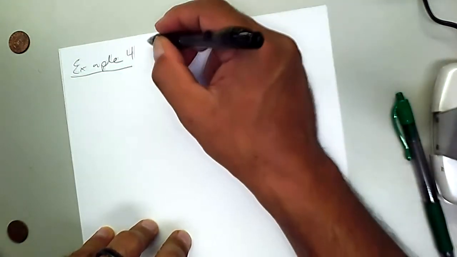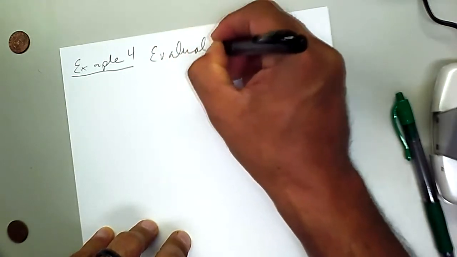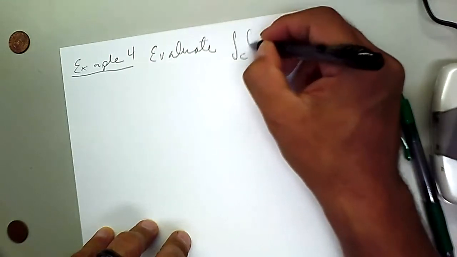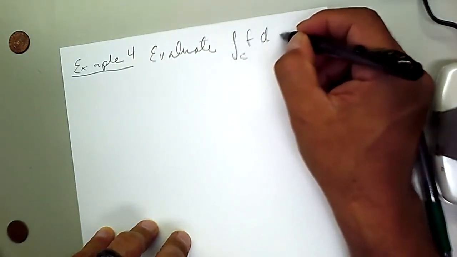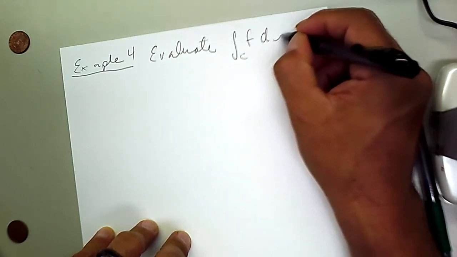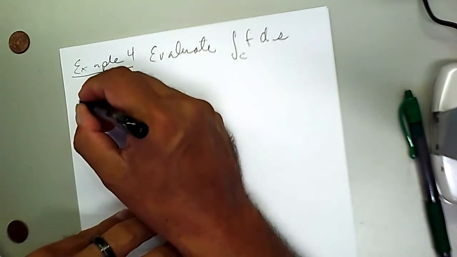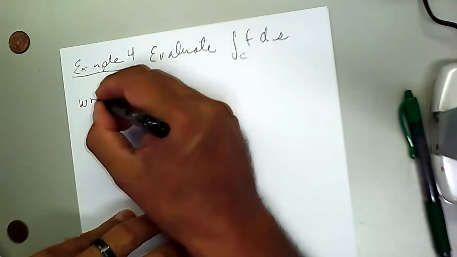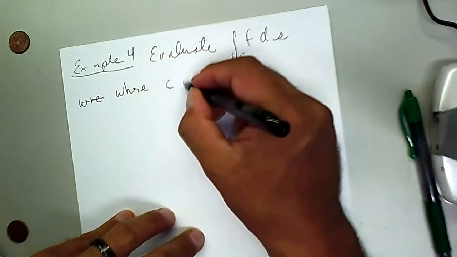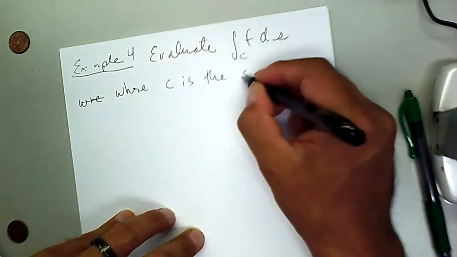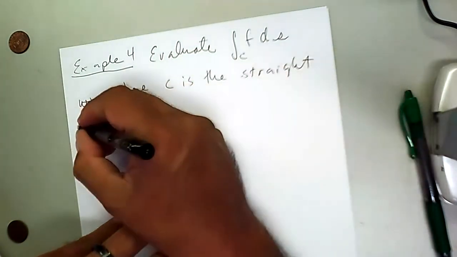So evaluate the integral over C of f with respect to, let's say, the length, where C is the straight path